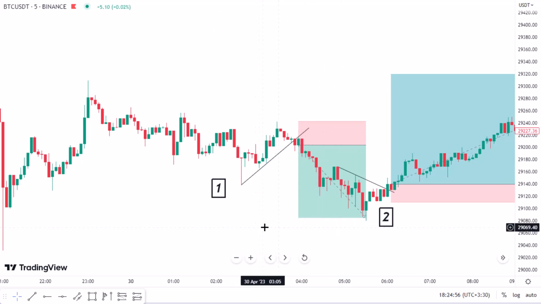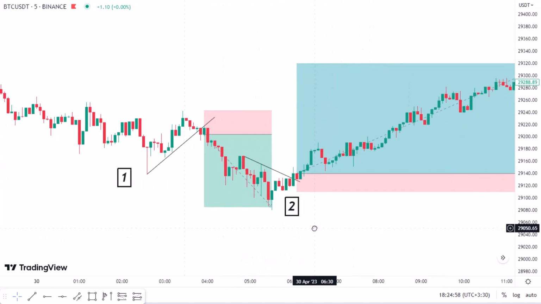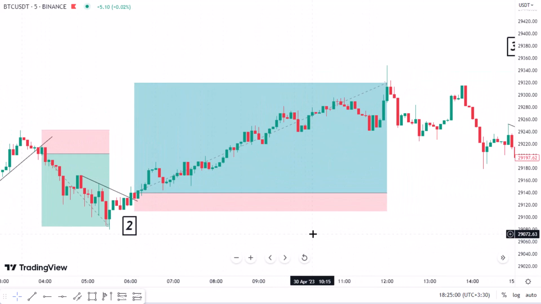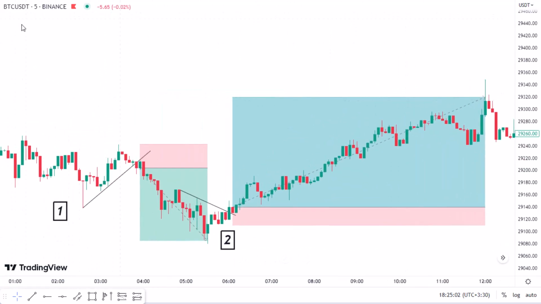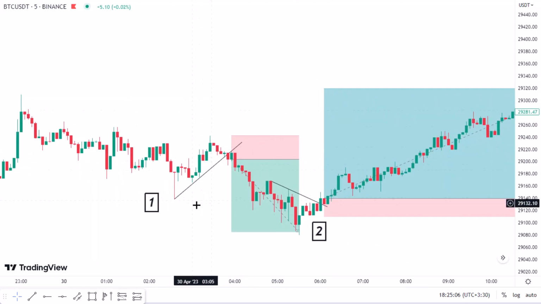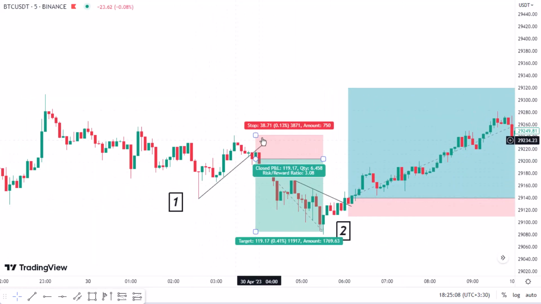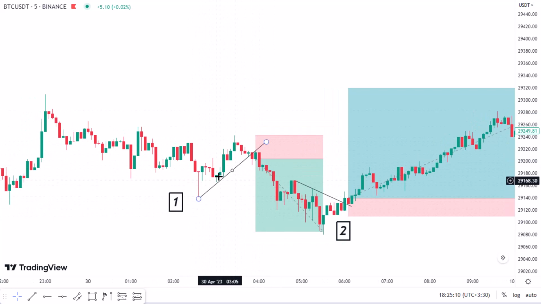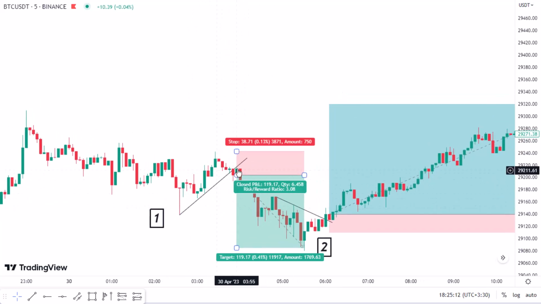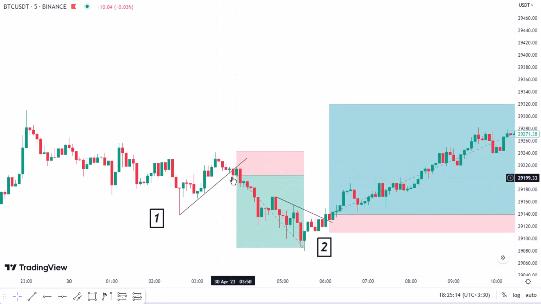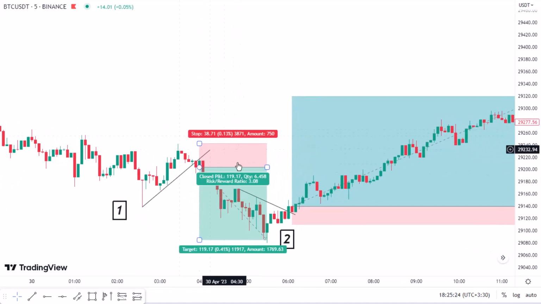This is the Bitcoin chart, on the 5-minute time frame. In the first position we had this trend line for the price with 1, 2, 3 touches on it. When we see this candle break it to the downside, with the body of the candle closed below the trend line, not just the shadow, we enter a sell position, set our stop loss somewhere safe, and look for our risk